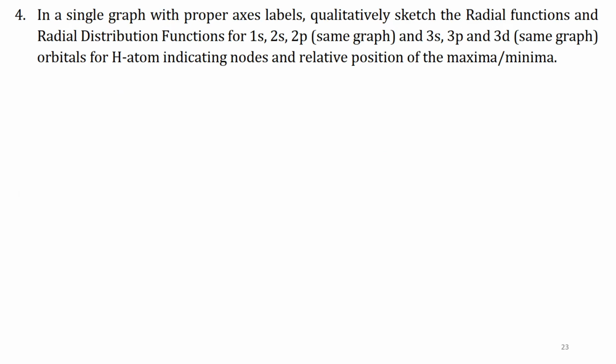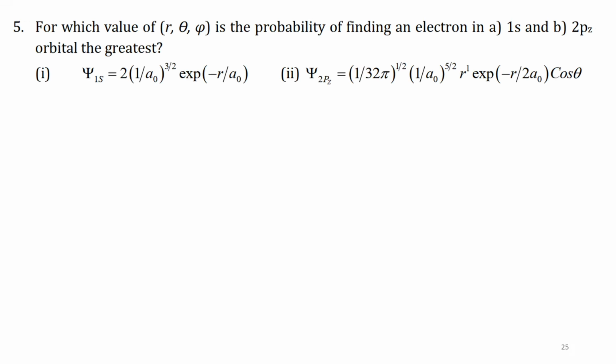And then in this case you need to draw these radial functions for 1s, 2s, 2p, 3s, 3p, 3d in the same graph so that you can compare them, as well as the radial distribution function. That is the probability, the r squared modulus of R, right? And then in this question you have to find the maximum probable point in r, theta, phi. Like you need to get the probability P of r, that expression, and then you need to differentiate with respect to r, theta and phi and equate it to 0 so that you can get an inflection point,